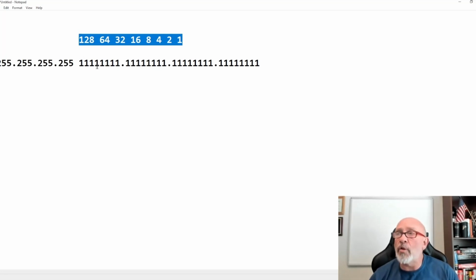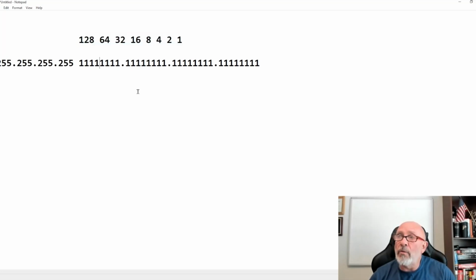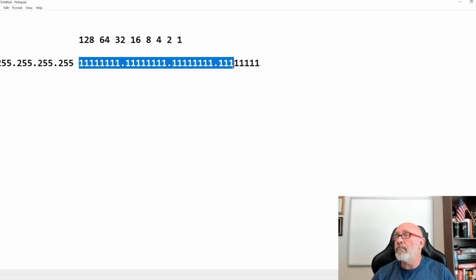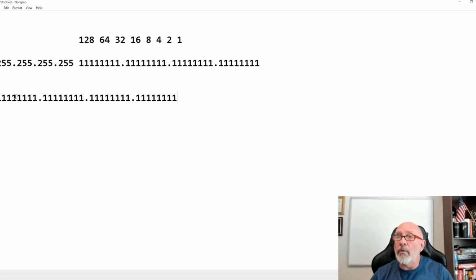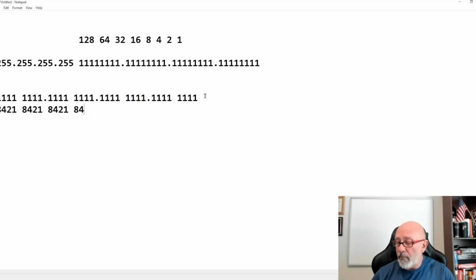Now, how do we get that to a hex value, which is a layer 2 broadcast? Well, you split these into 4 sections. If you have them all on, I want to show you. So let's copy paste this and put it down here, so you can see how we work that out. We got 8, 4, 2, 1, 8, 4, 2, 1, and so on.